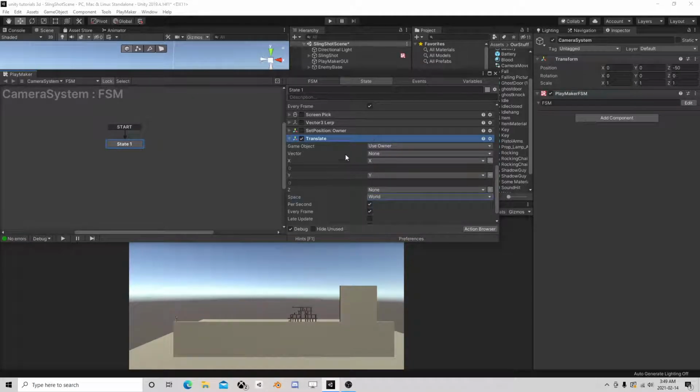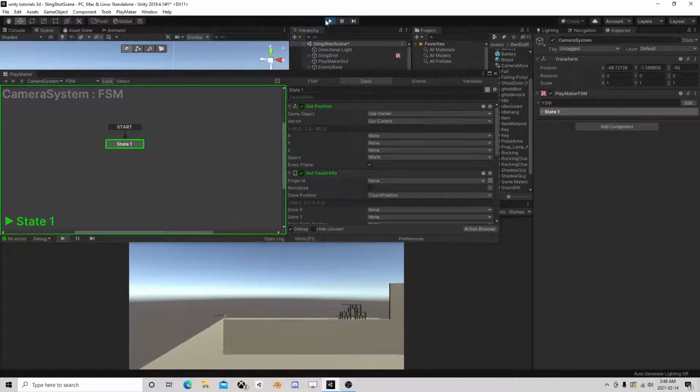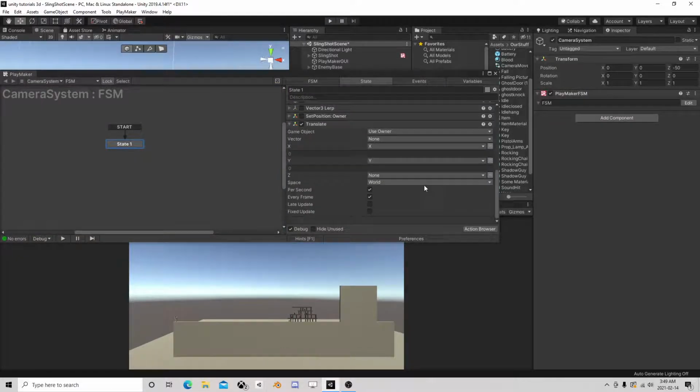Now these would need a multiplier, but see, I can swipe, right, and it kind of moves just as I want. So that might be a better